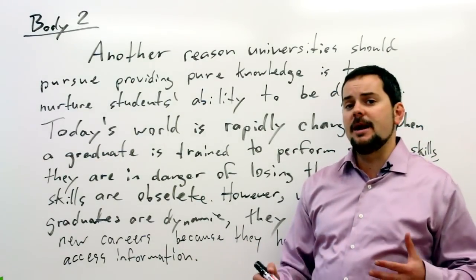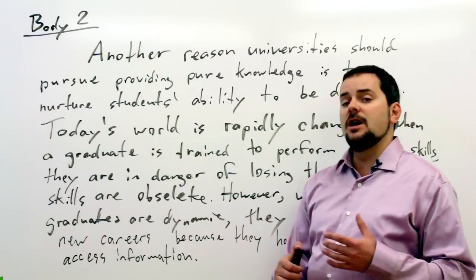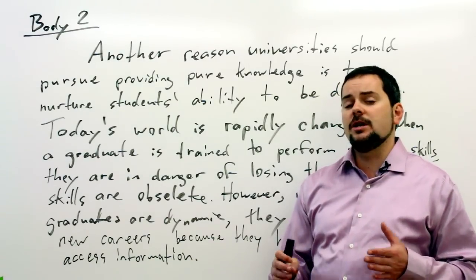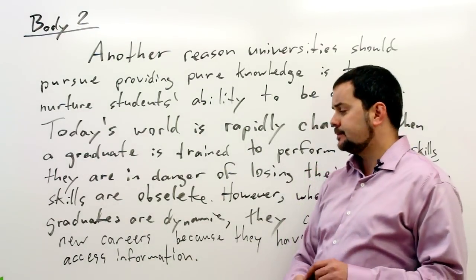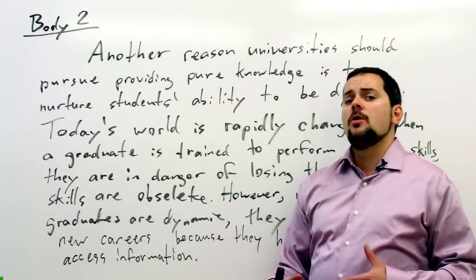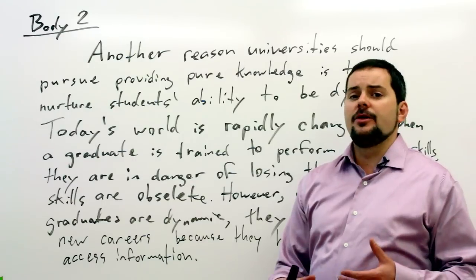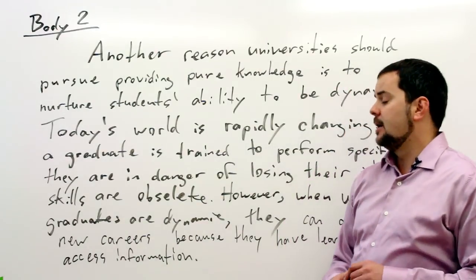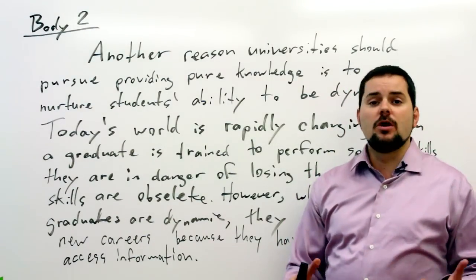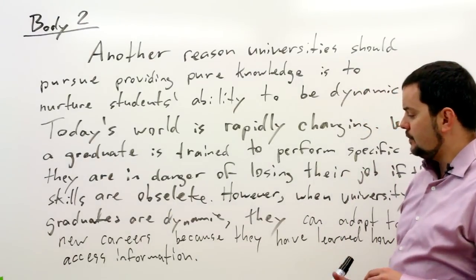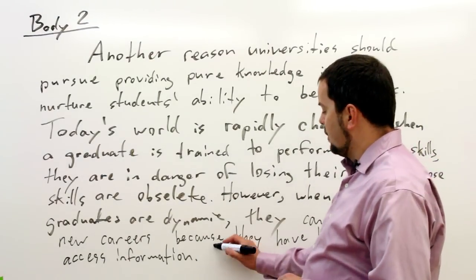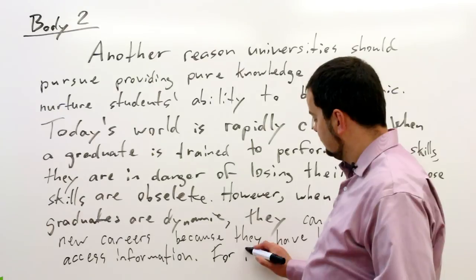So government is very rapidly changing, and often government workers who are only trained in one specific area become unemployable when that's replaced with some kind of administrative software or some other type of technology, so that their skills are no longer needed. So continuing on, for instance,